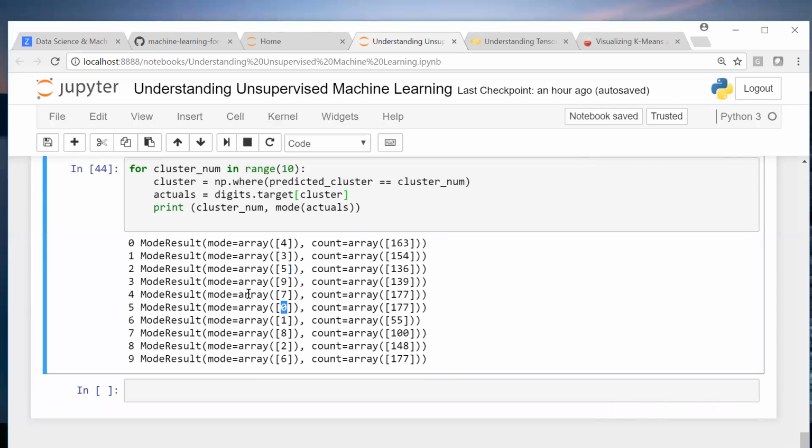Total 179, right. So what is this count array, 163, 154? This is the value that is maximum times repeated there. That means this cluster number 0 has a lot of 4. So anything which gets mapped to cluster number 0, any unknown data, you know that it is 4. So for example, cluster 5, array 0, 1170 are there, right? Can we say in cluster array 0, total how many numbers are there, out of which this is maximum?